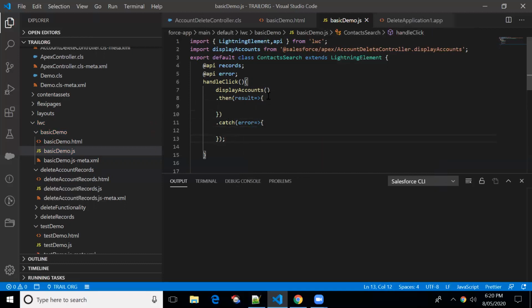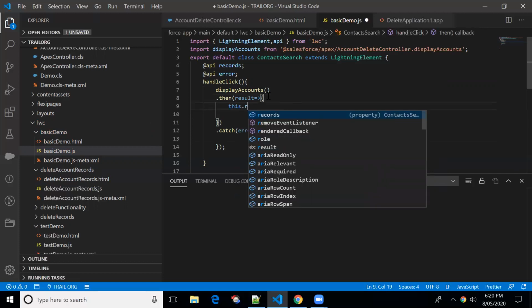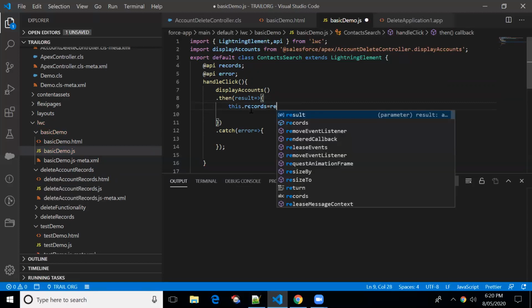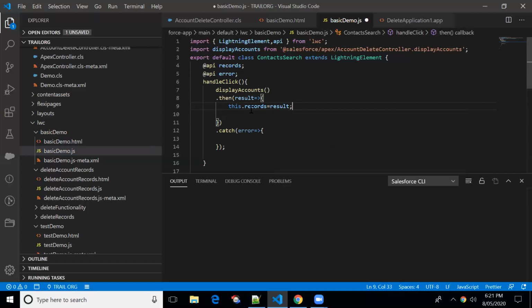So this.records equal to result, because the whole data will be present in result. I'm just putting the data into the records.